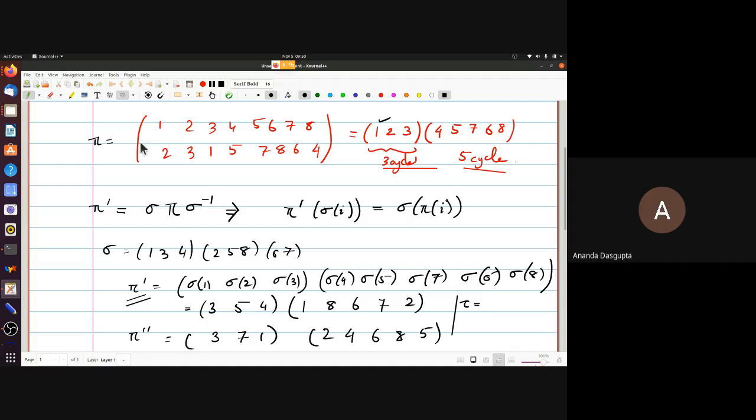That is one tau such that pi double prime is tau pi tau inverse. This is your pi. This is a pi double prime. They have the same cycle structure. We have already established that whatever cycle structure pi has, pi sigma inverse must have that same cycle structure, basically because of this situation. But now I am asking you to prove the other, or at least show me that the other way around things also work. That if two permutations have the same cycle structure,